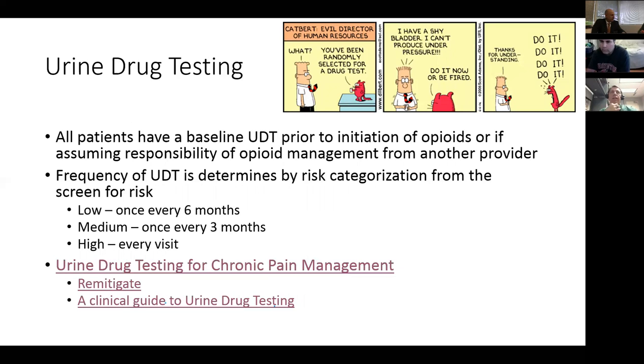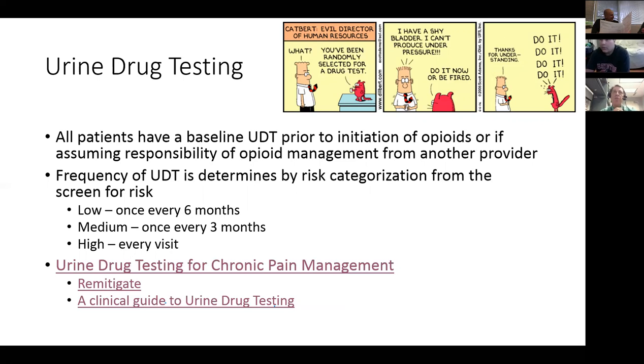So again, I think it's imperative that whether you're starting opioid therapy in the palliative medicine clinic or you're inheriting this patient from another provider, patients need to have a baseline urine drug test. I don't care whether they're 85 years old and they're the friendly grandmother type and you would be the last person you would think would have a problem, or they're the 25-year-old with multiple piercings and tattoos. These people all need to have urine drug tests as a universal precaution.